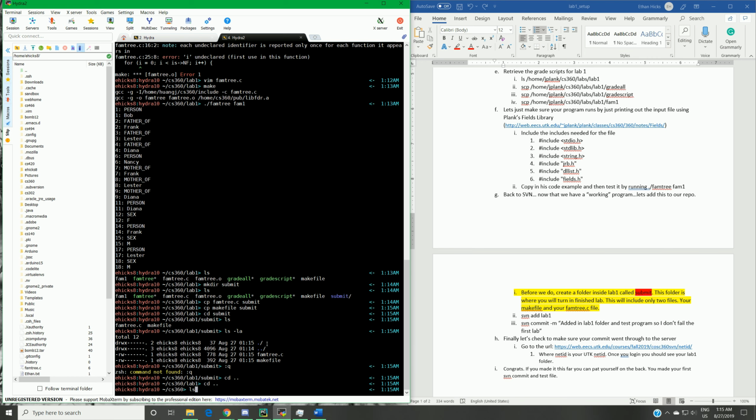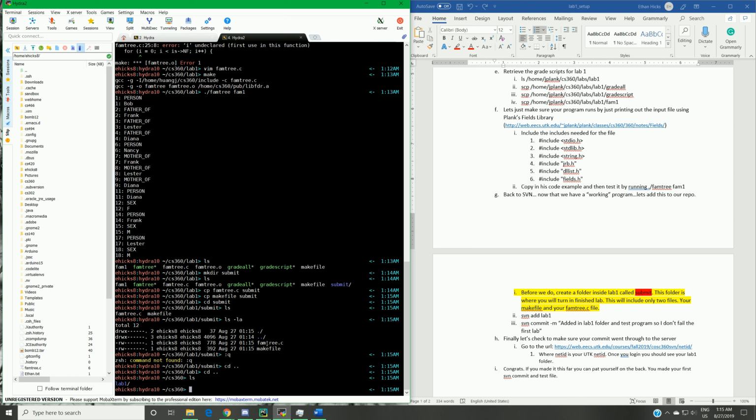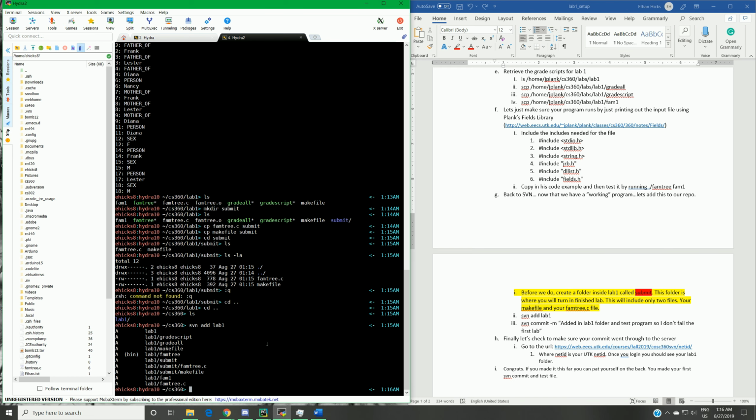We need to commit our lab1 folder. So let's do svn add lab1. So it adds in all those beautiful files we just created in this tutorial. And then svn commit -m. This is literally the same format as GitHub. You don't have to add in a message, but it's recommended